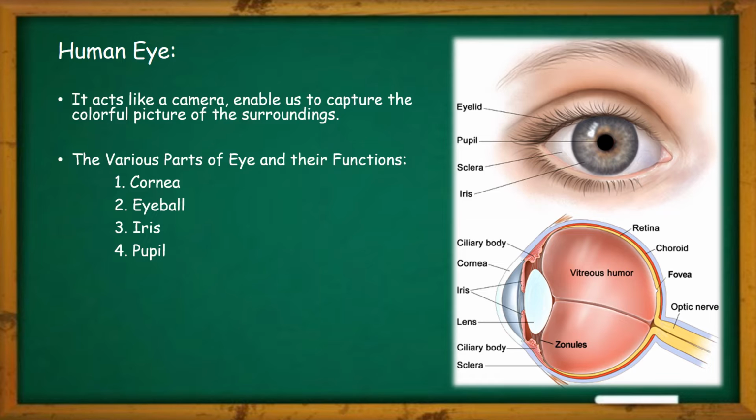You can also say that it protects our eye and it decides how much light will enter into our eye, and that will be safer for us. For example, you might have observed that whenever you are in very bright sunlight, and after that suddenly you enter into a dark hall,